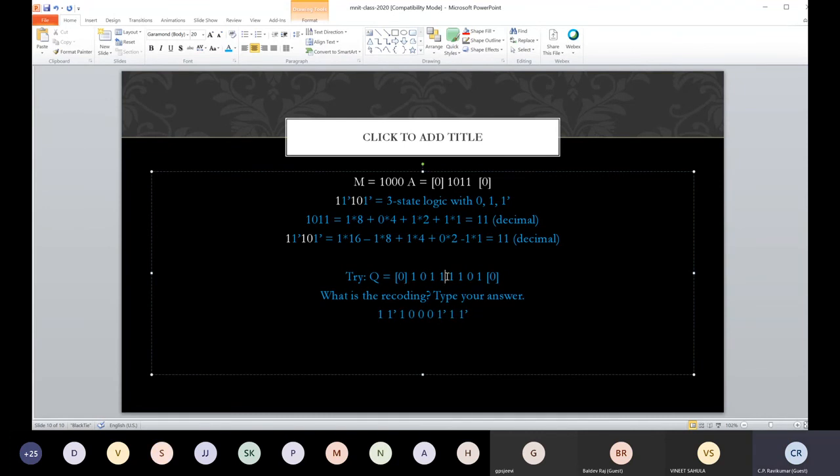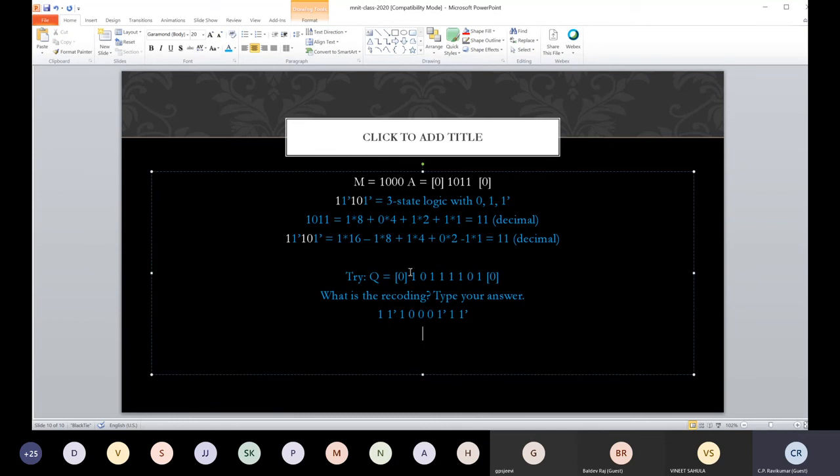Okay. Then we have one more 1 1 that became a 0. We have one more 1 1 that became another 0. And 0 1 became 1 bar. Then that 1 0 became 1 and 0 1 became 1 bar. Okay.